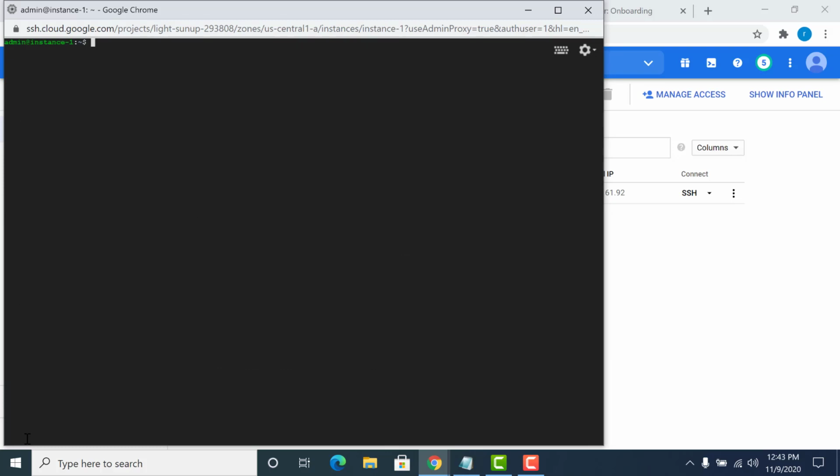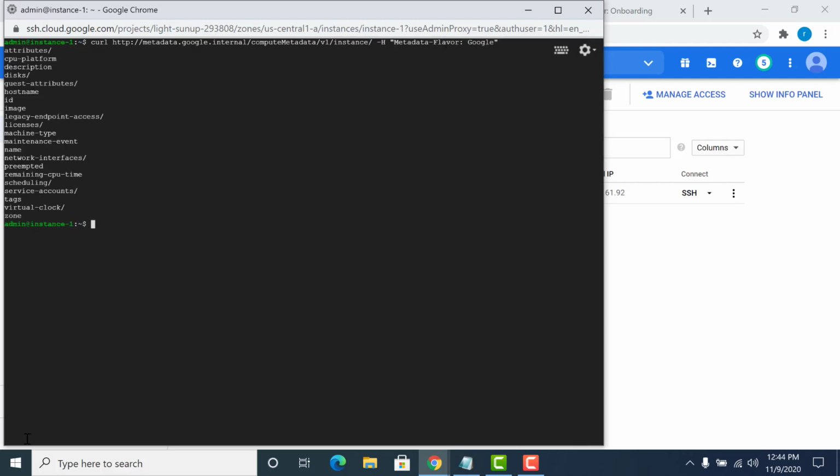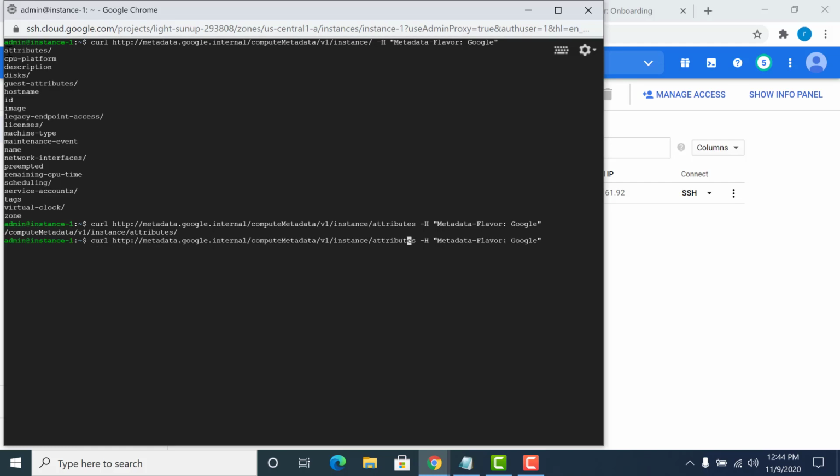Okay, now going back to getting that information that we need. Let me run that previous URL again. The information that we need, the email ID, is stored within this output, within attributes. So if I run attributes, I need to give a slash.